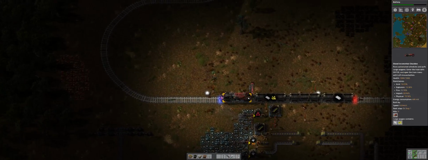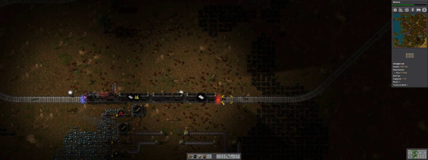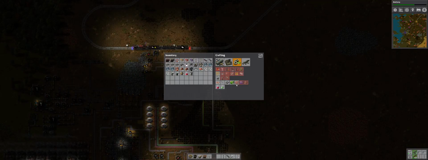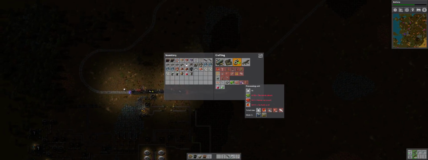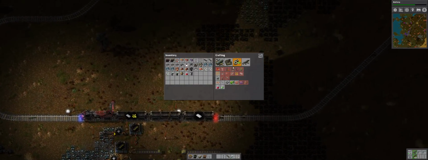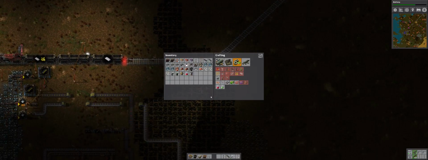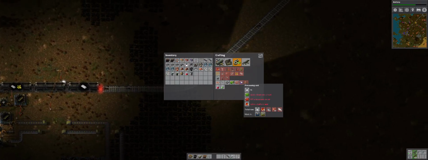So, what are my goals for today? Well, I'm going to tell you. My goals for today, number 1, to start the assembly lines of Advanced Circuit and Processing Unit. But while I'm at it, I have to figure out how to use sulfuric acid. And the process for Advanced Circuits and Processing Units is